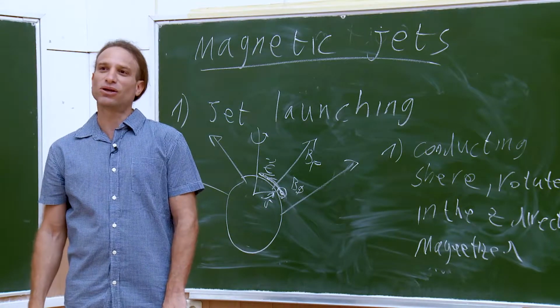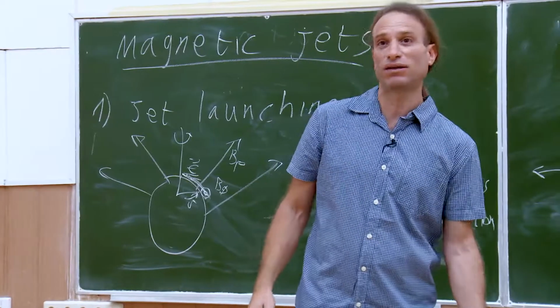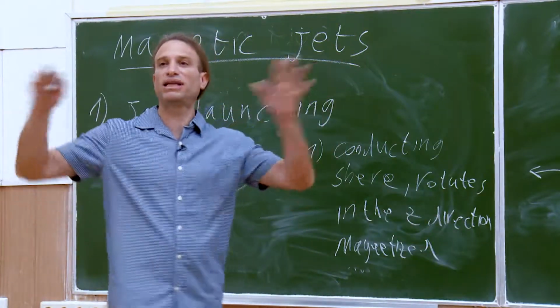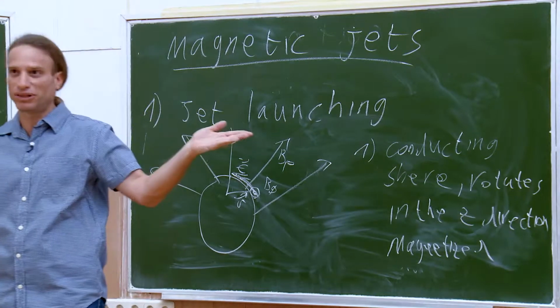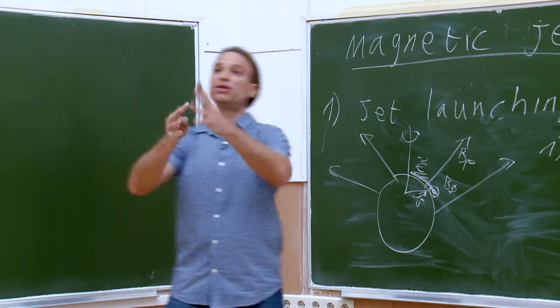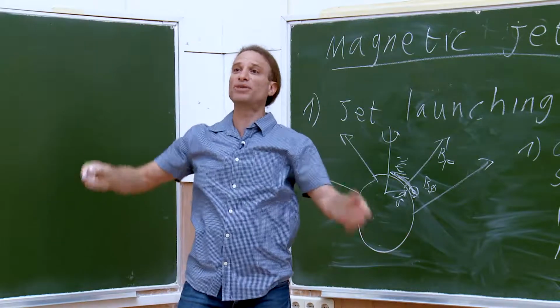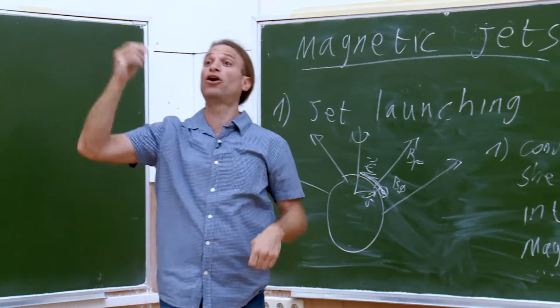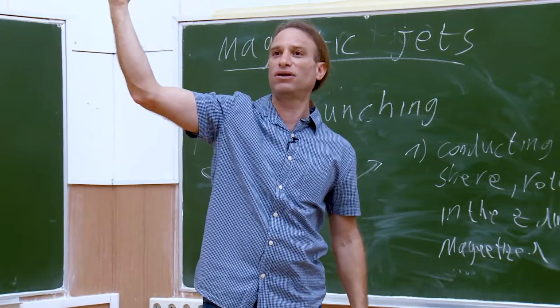Okay? So in a black hole, you need to have two things. First of all, you need to have a plasma around you, because magnetic fields cannot live by themselves on the horizon. If you just take a magnetic field, it will disappear after a dynamical time. So I need to continuously feed the black hole with magnetic field. I need plasma around it, because the plasma will supply me currents, and the currents hold the magnetic field by themselves. Okay?